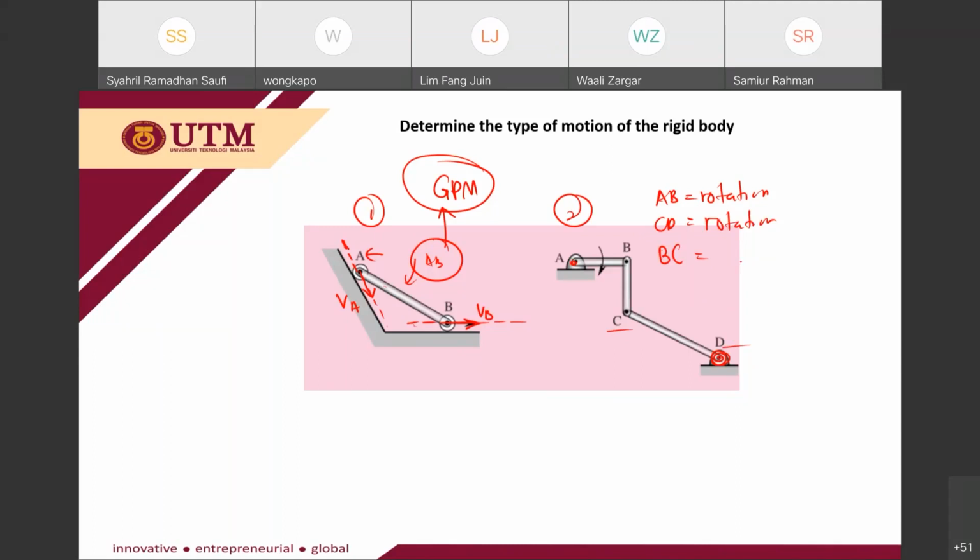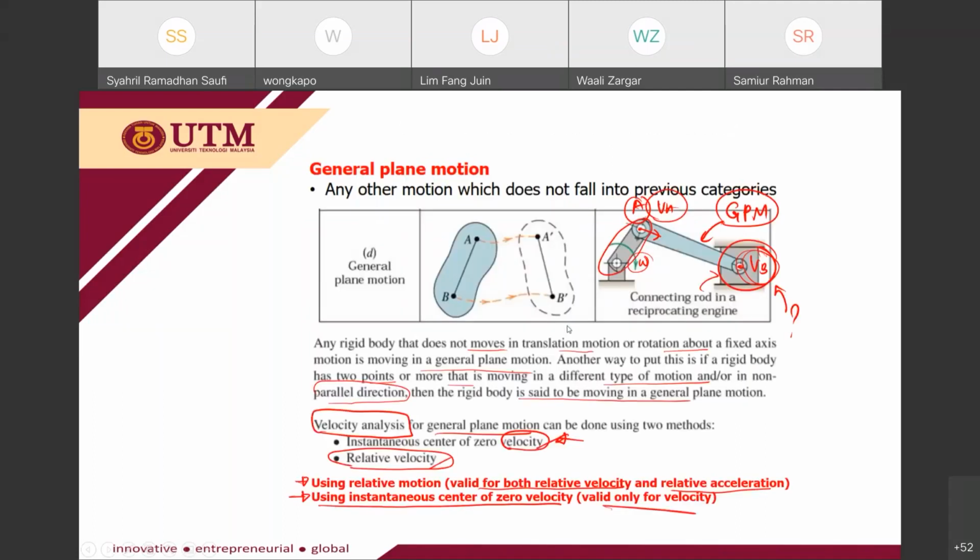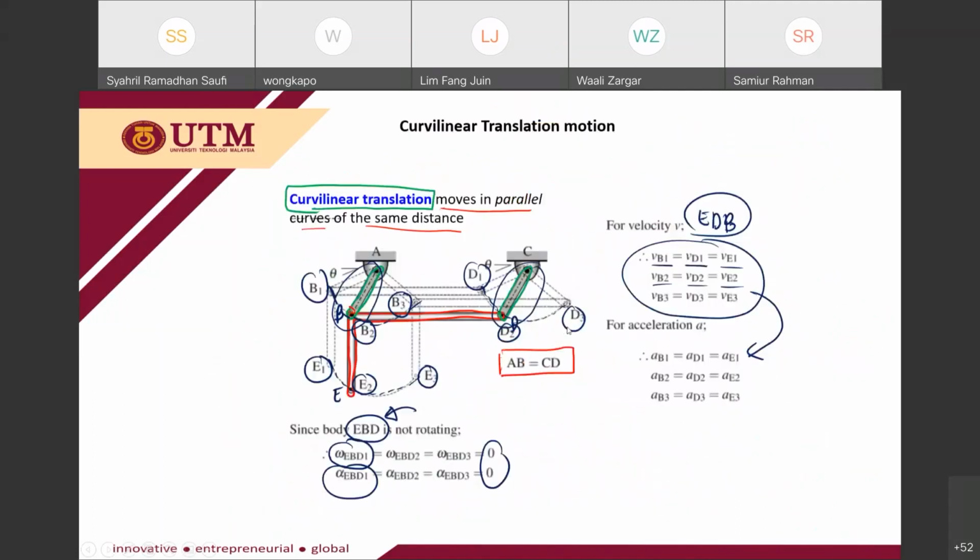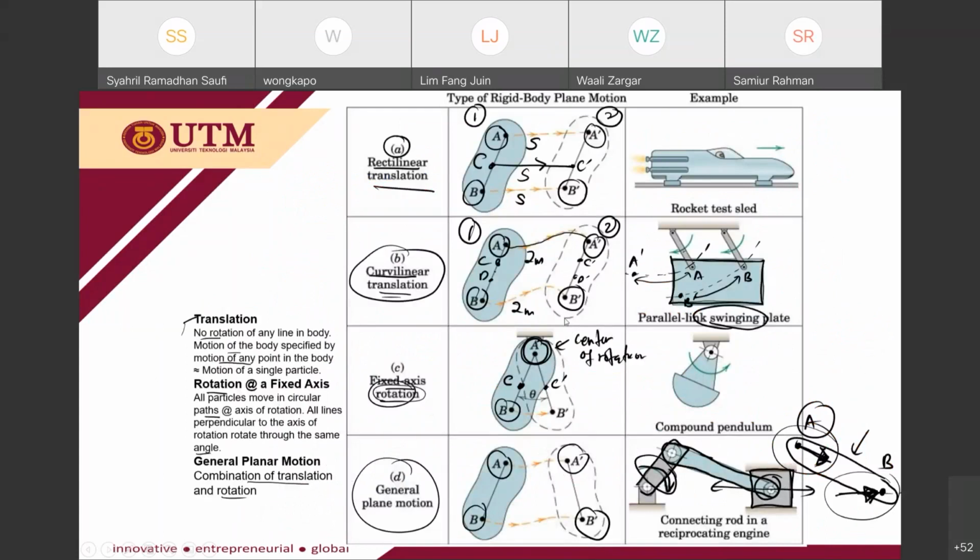Rectilinear. BC is rectilinear. Okay, why rectilinear? Move up and down. Okay, so for the rectilinear, if we go back to this one, rectilinear means all the points in the rigid body will move the same distance,